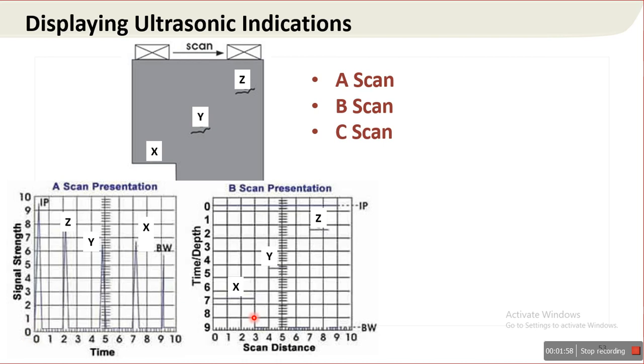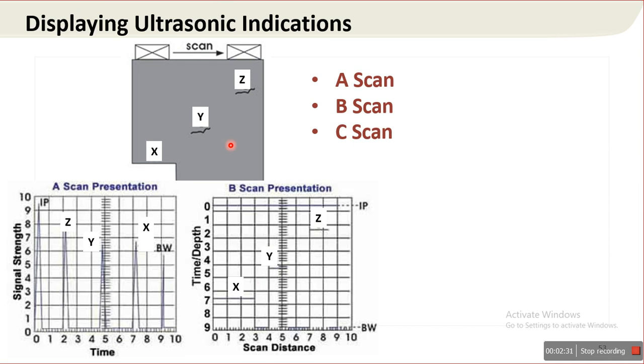But if you concentrate on the B scan presentation, 0 indication starts at the top for the Y axis and the 0 scale starts at the lower left for the horizontal axis. Due to that only, it gives us a cross section of the component. So it is only a representation type.